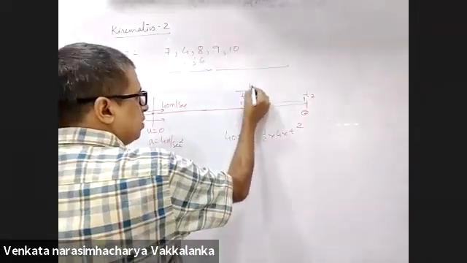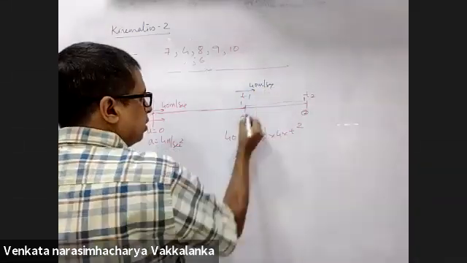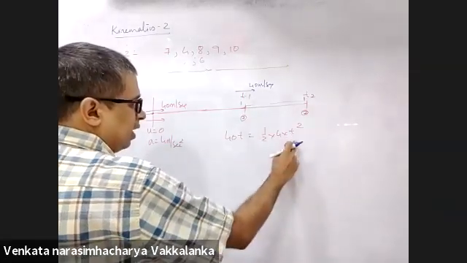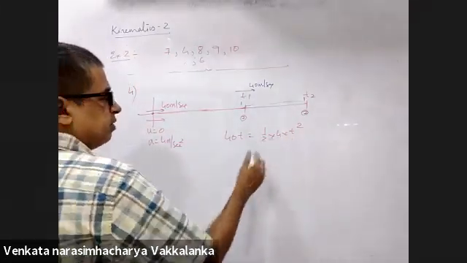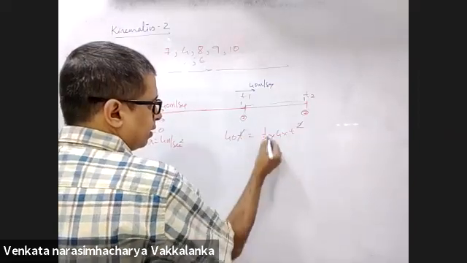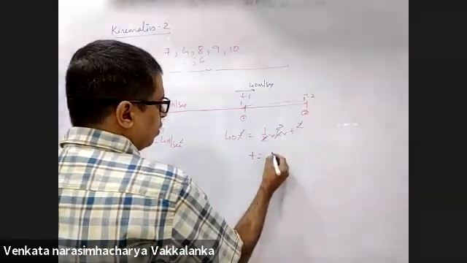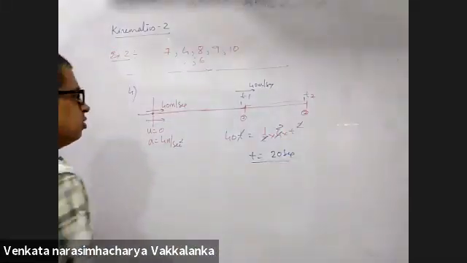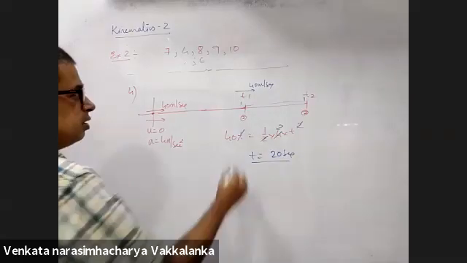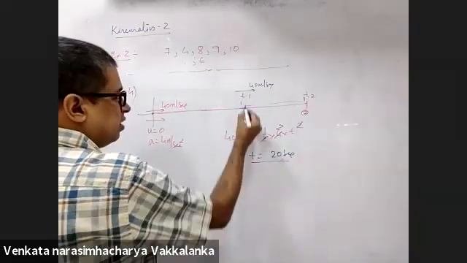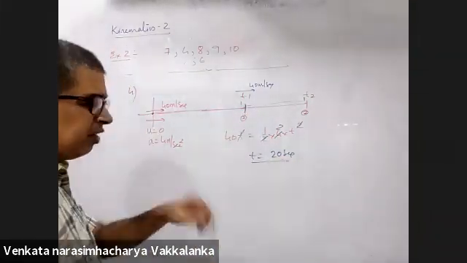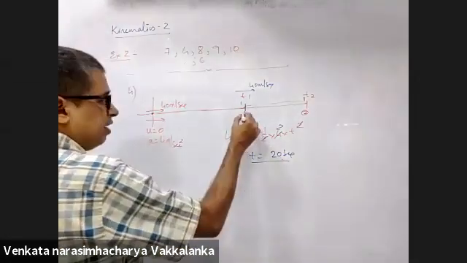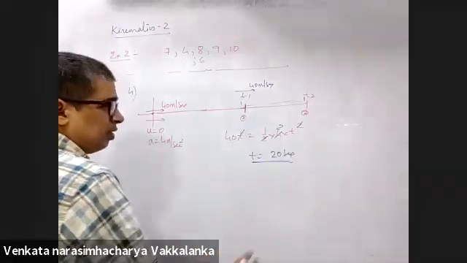First body is moving with 40 meters per second. Second body, in this time when you calculate time from here, how much are you getting? T is equal to 20. And 0. 0 is at the start and 20 is the meeting. That means at 20 seconds they will meet. They will meet only once. Second time they will not meet, only once, because you are getting only one equation here.